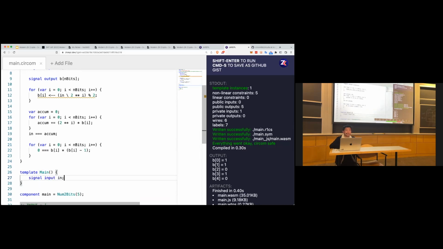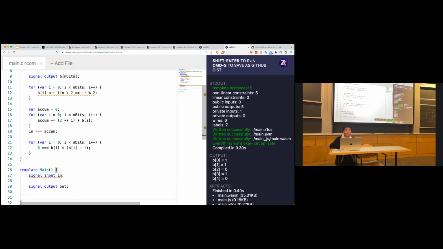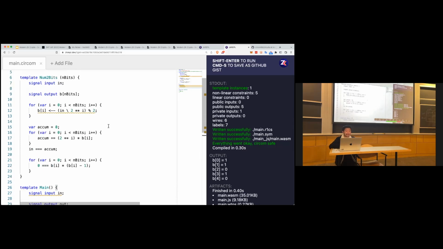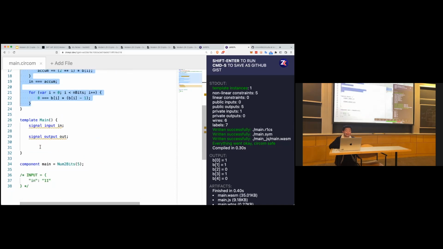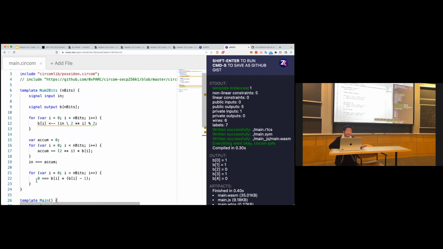So I'm going to say I have some signal input in, and then I've got some signal output, let's say out. And I want out to be the second least significant bit of in plus 3. One way I could do that is I could just copy paste this whole thing straight up into here. And notice that also this template tells me